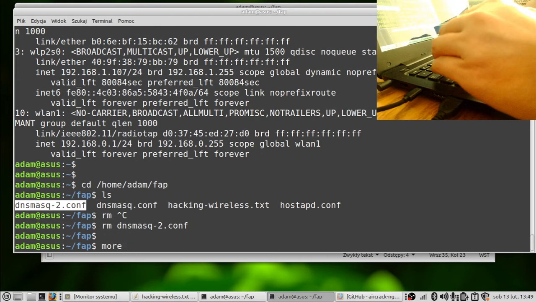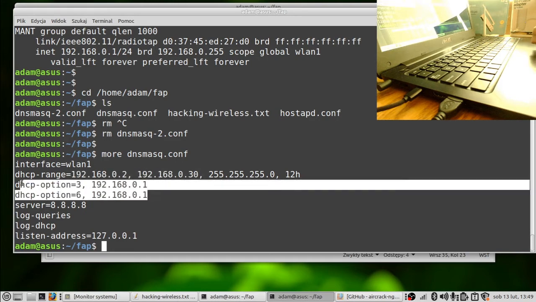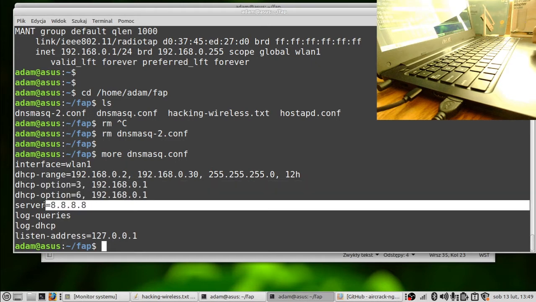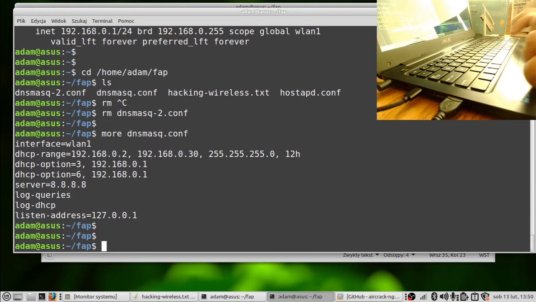I have already done it, so I will just show you that it is the same. So this is the interface name that you have on your USB Wi-Fi card. This is the range of IPs that should be different from the one assigned here, but from the same subnet. This is the IP of the DHCP server that you will host on your Wi-Fi card, and the DNS server from Google just to enable internet access.